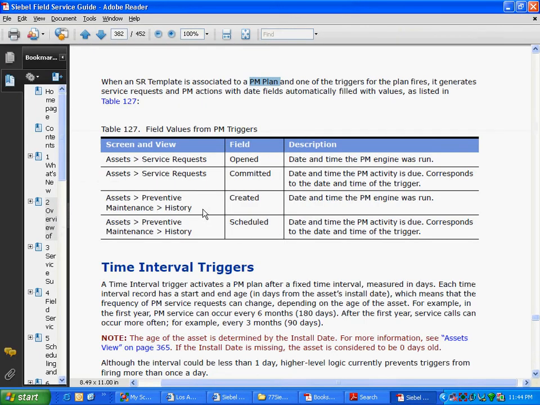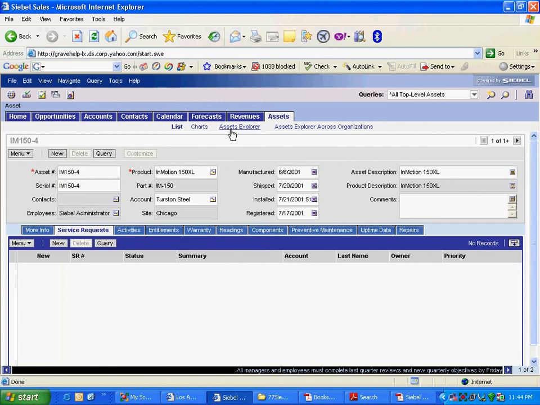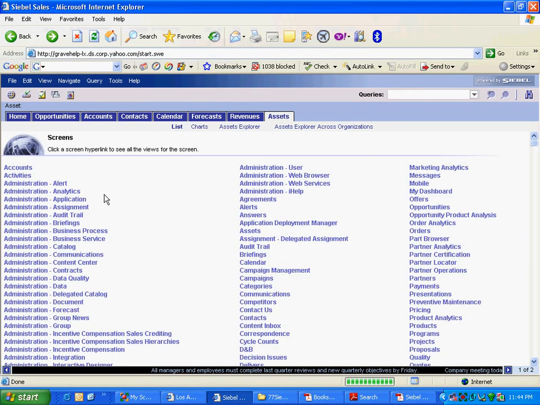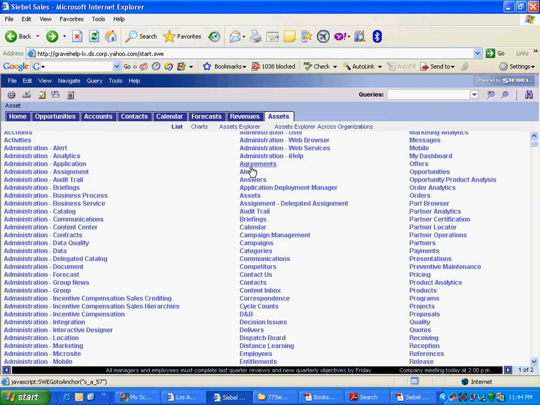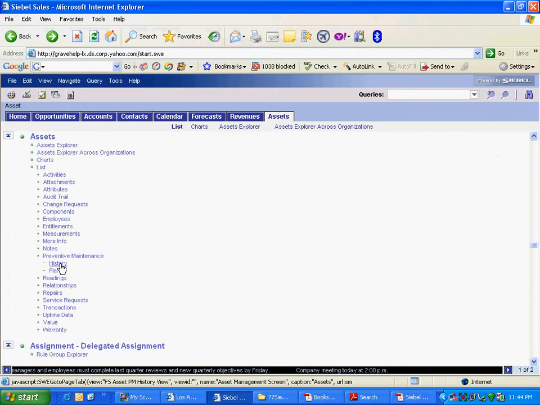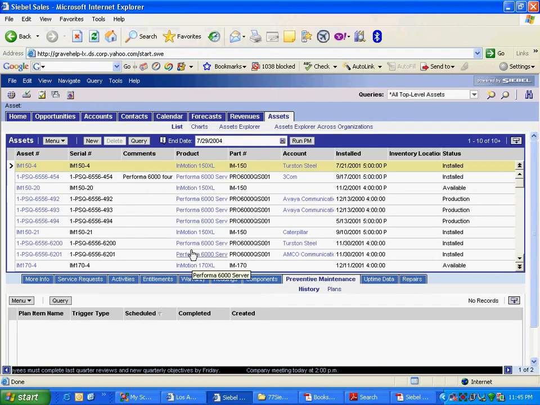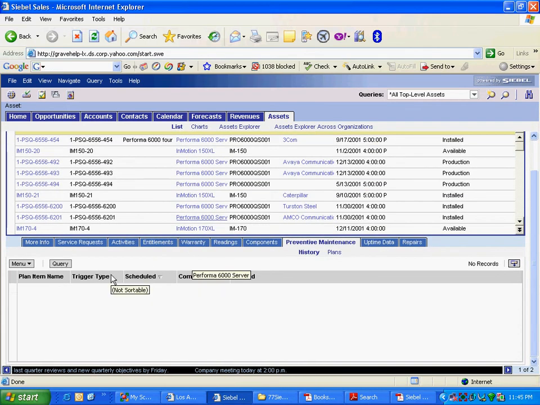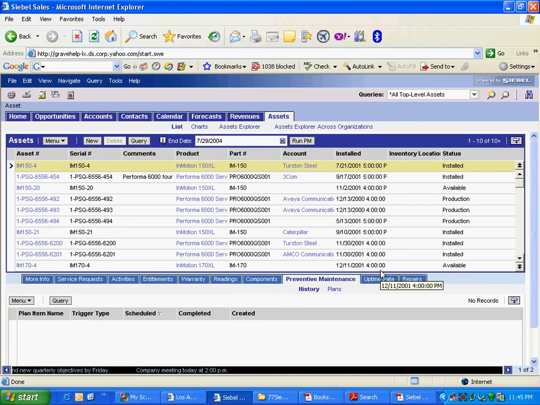Assets preventive maintenance history, created date and time. So you can see the history also. Let's see this history tab. Assets preventive maintenance history. That's where we are now, right? It is saying that here you can see what happened. Okay.